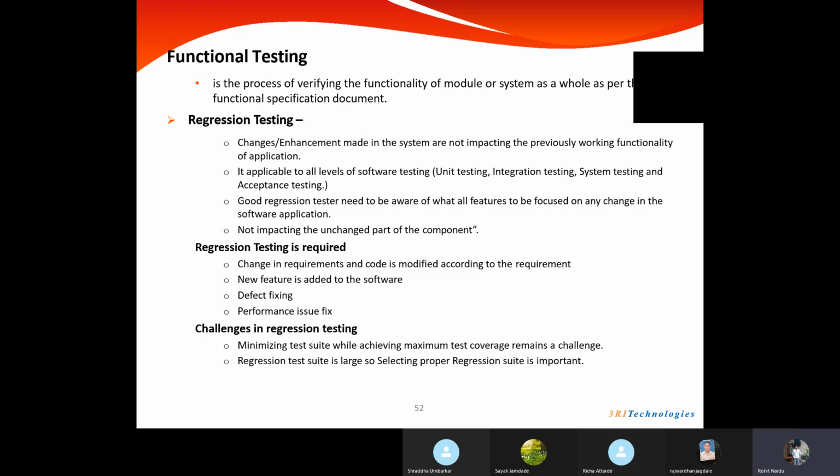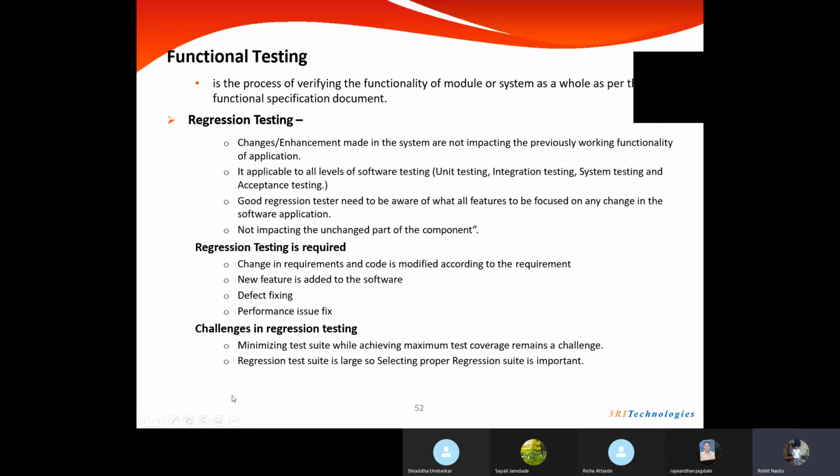Sometimes we can keep the regression suite in the same test itself, and the regression suite doesn't have a count. We will be doing that regression again and again for all the releases. Like if we go into release 10, even in release 10 we will be verifying the functionalities which are from release 1 also. That's kind of regression testing. But even in the same release, when the application scope is huge, we can bring regression testing into the picture, just to be ensured that any issues that have been fixed are not affecting the existing and working functionalities.